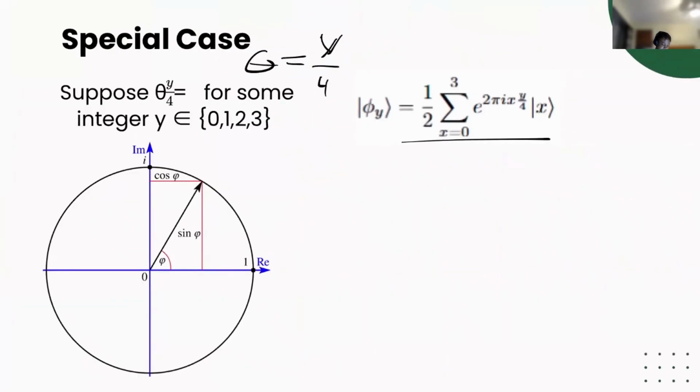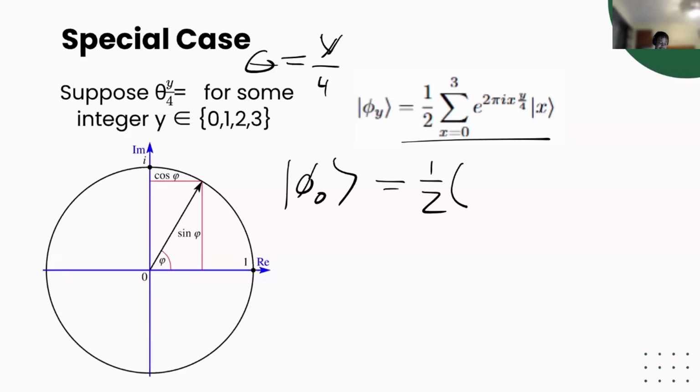So we know that if we do this, we can do this for phi. Oops. So we'll do this for y equals 1. So phi equals 0. Oh, sorry. So we got 1/2 over the sum. Actually, let's expand the sum itself. So when phi is 0, or this y value is 0, and we see that theta is equal to y over 4, then that means this exponential will always be 1.